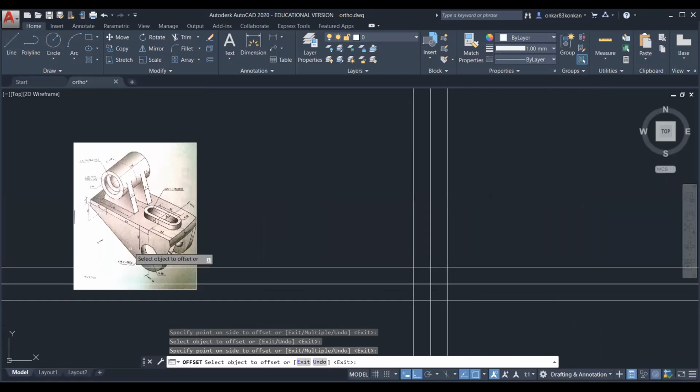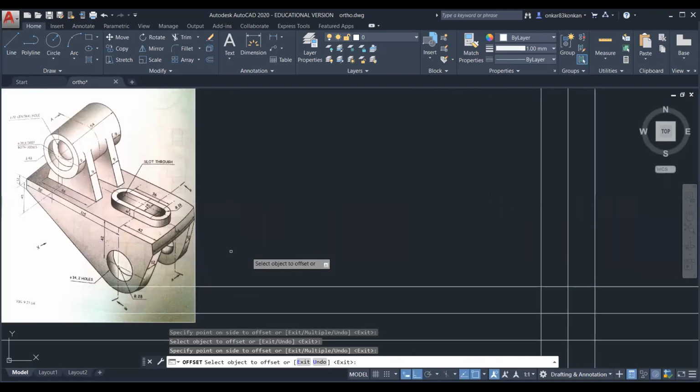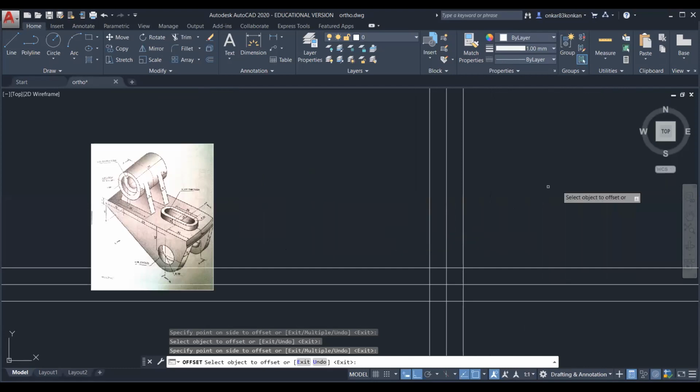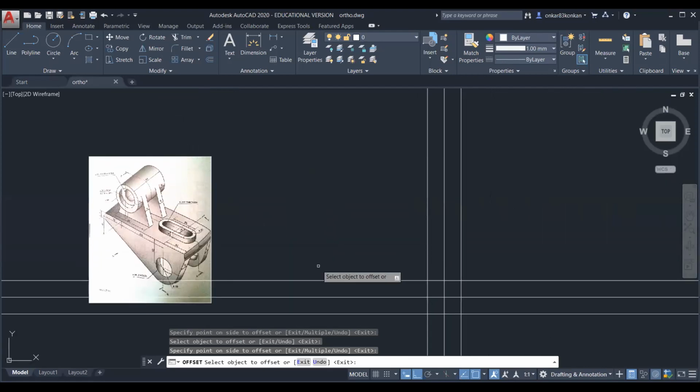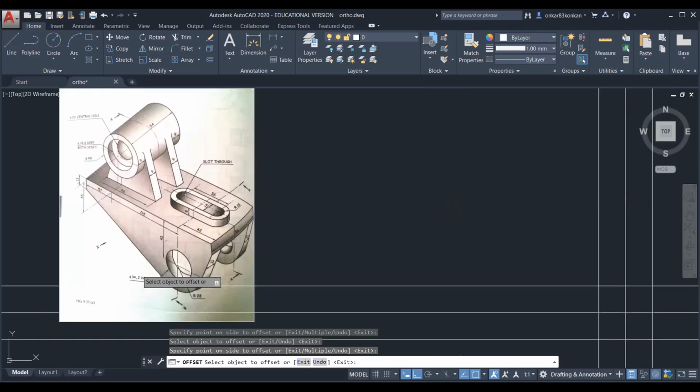Now here, we should draw the sectional front view in the first quadrant. Then we can draw the right hand side view in the second quadrant, that is on the right side of the front view, and your top view will be in the fourth quadrant. When you draw any view, either front view, top view, or side view, first find out the maximum dimension, that is the maximum height and maximum width, for the reference rectangle.